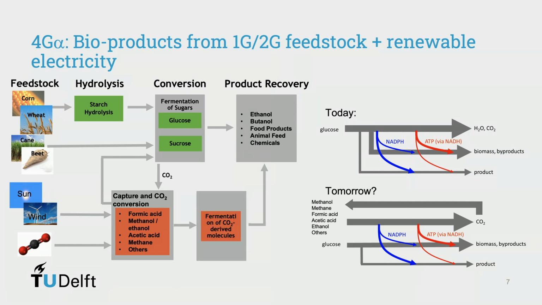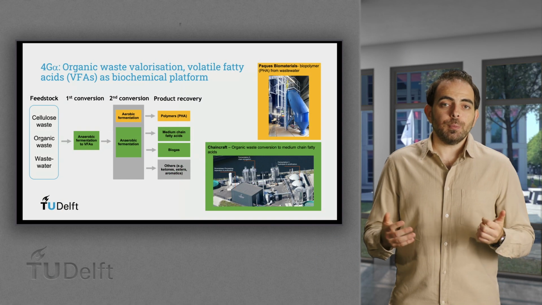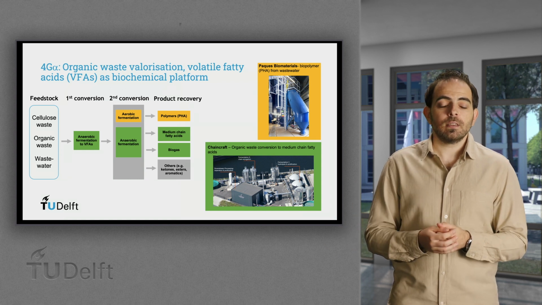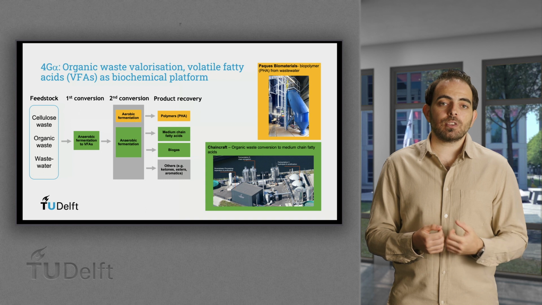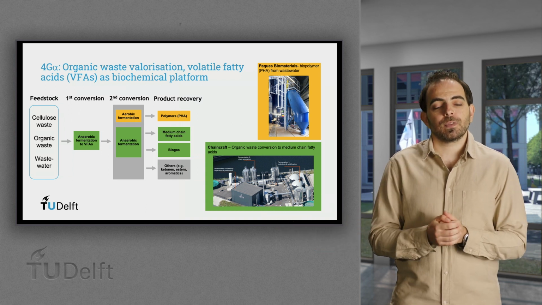Alternatively, some of these CO2-derived compounds could be fermented on their own in another fermenter to make products of interest. Another concept of generation 4 bioprocesses is a conversion of organics found in waste into volatile fatty acids, which can then be used as platform molecules to make added value products. For example, organic food waste can be converted to C4 to C8 fatty acids by anaerobic chain elongation fermentation for application ranging from feed ingredients to fuels and materials.